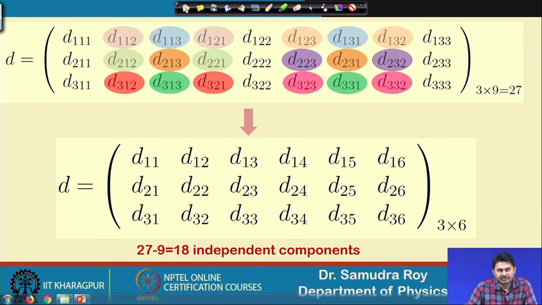In the next lecture we will find that we can use some other symmetries to reduce the elements of the D matrix further, and by using some kind of symmetry operation we can reduce the elements. Some of the elements will be the same, and some of the elements will be 0. Even if there are initially 18 different elements possible in the D matrix, later we will find that most of these coefficients vanish, and we will deal with only a few elements of the D matrix, and in all cases we use some kind of symmetry operation.